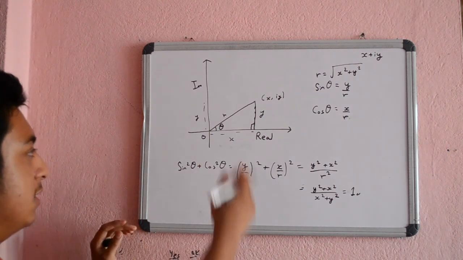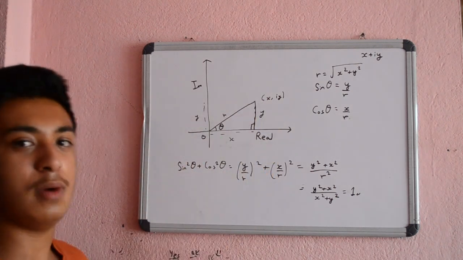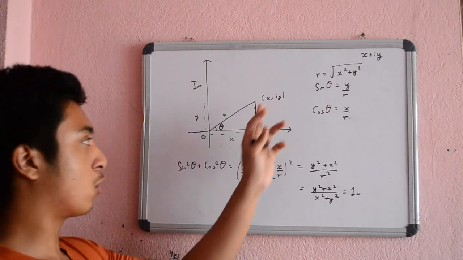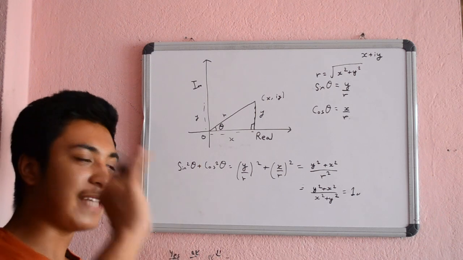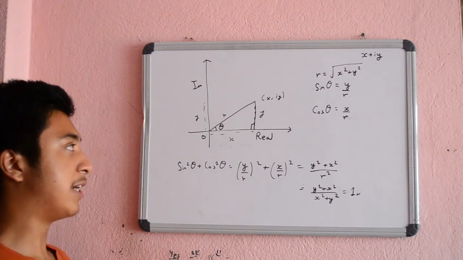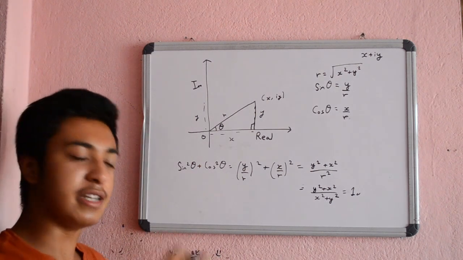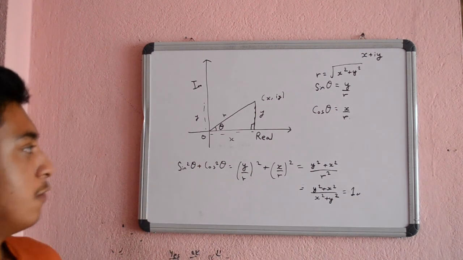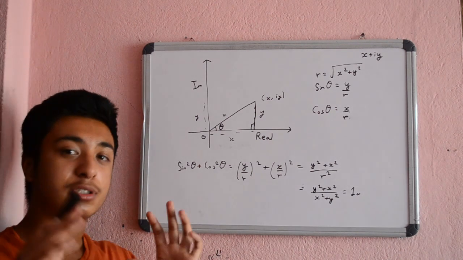And that distance is just y. From here to here it's just y. It doesn't matter if it's multiplied by i or not. But for the coordinate form, we need to find the exact coordinate, the position, so it requires the real and the imaginary information. So this is it for the proof of sin²θ plus cos²θ equals 1